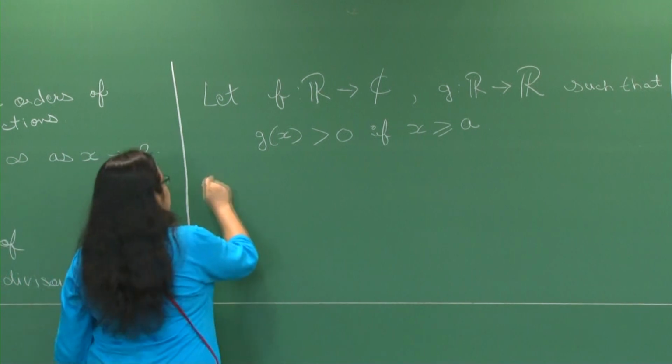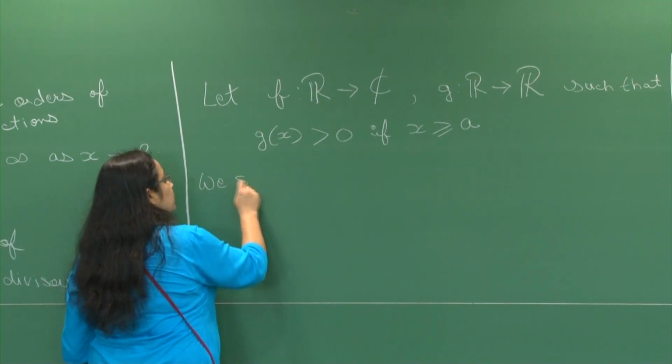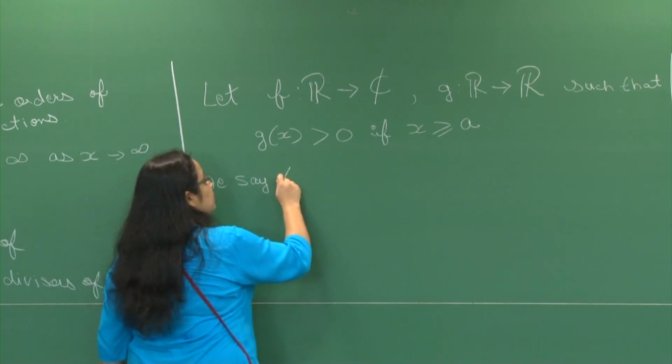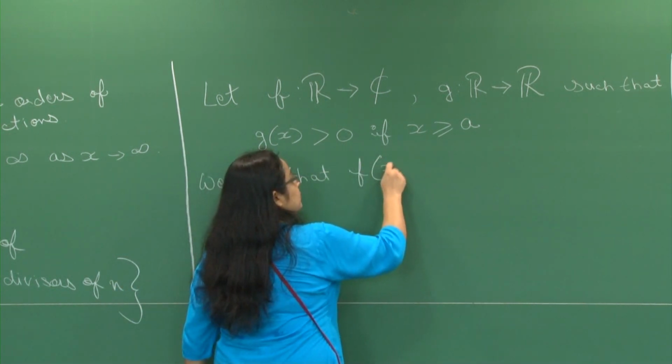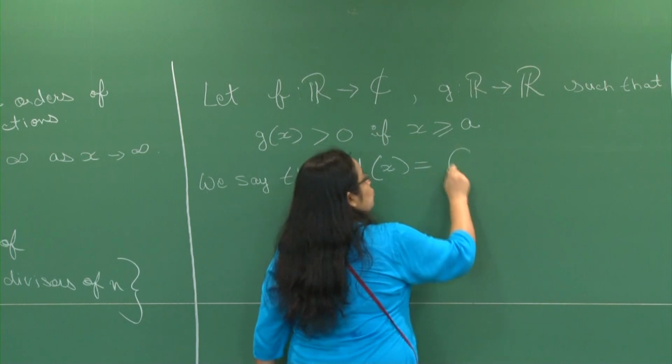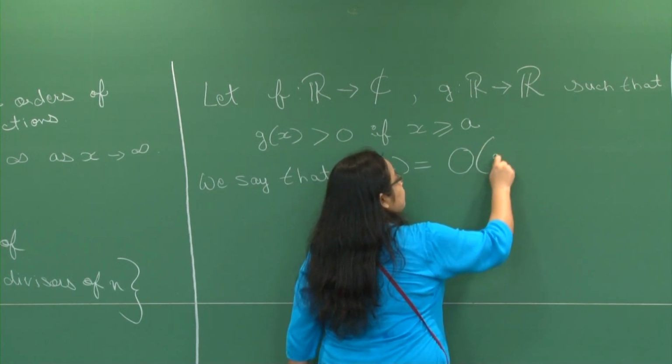So, we say that f of x is big O of g of x,